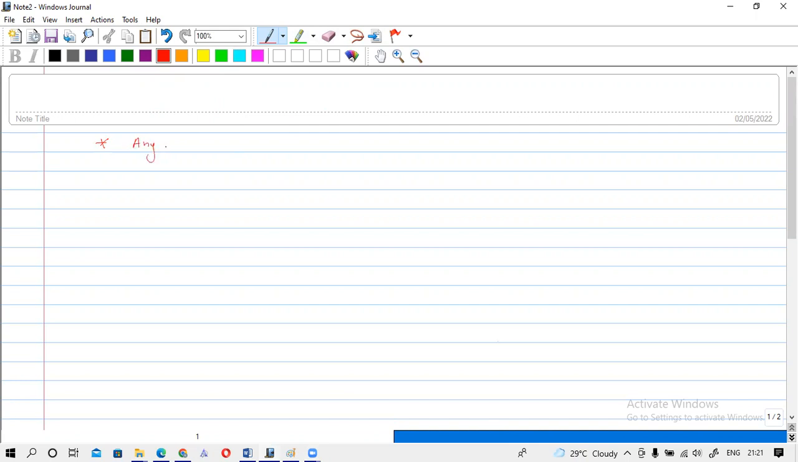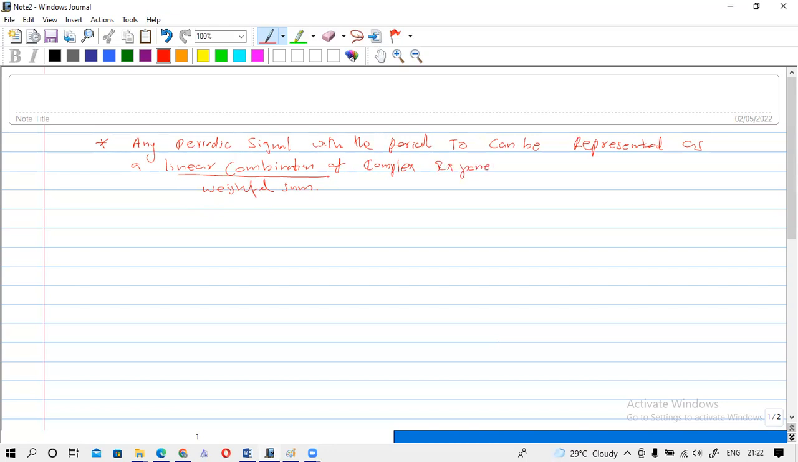Any periodic signal with the period T naught can be represented as a linear combination of, that means a weighted sum, a linear combination of complex exponential functions. Okay, so today